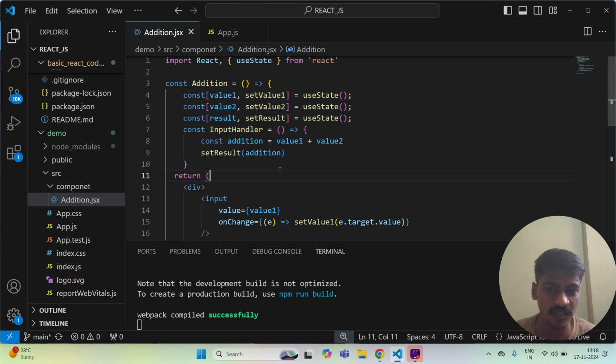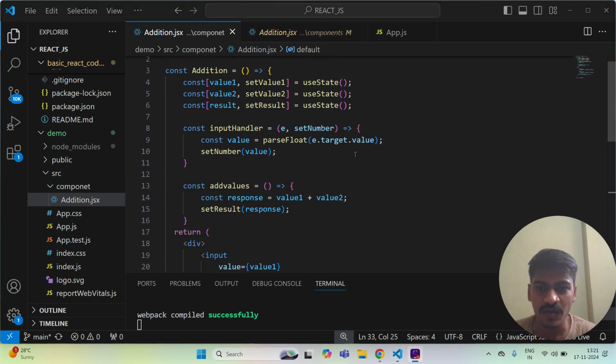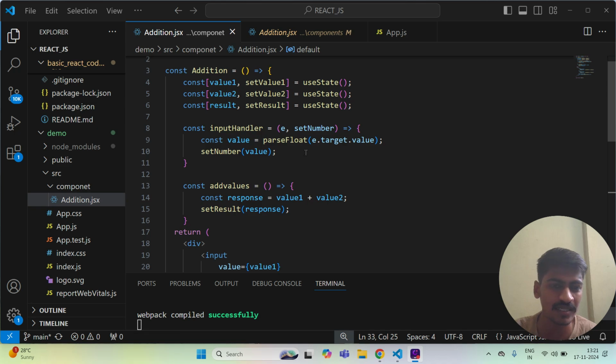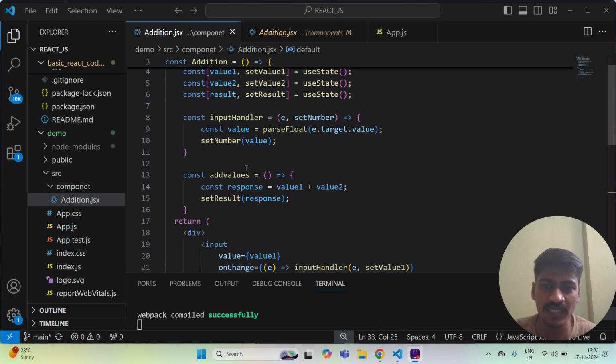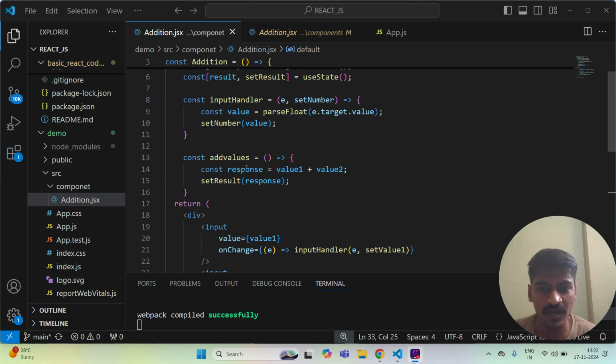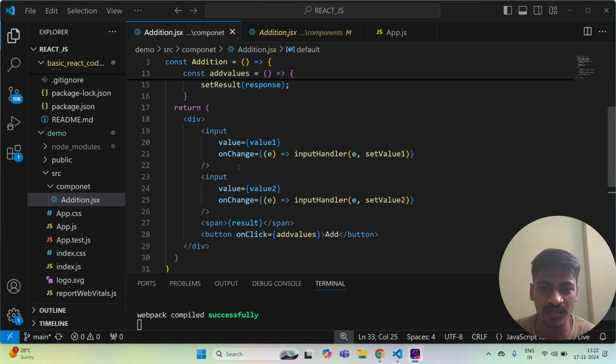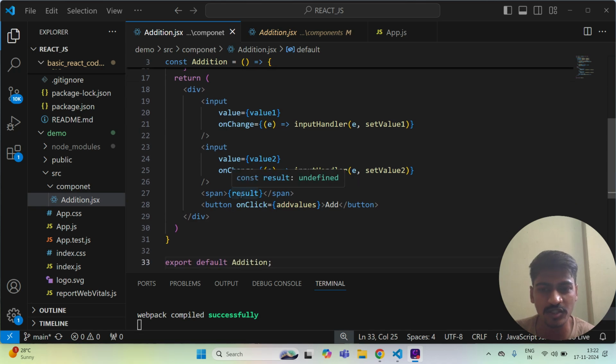So for this purpose I will show you the main solution where we exactly fixed that. Here guys, what I did is I passed this value as parseFloat, or we can pass it as parseInt, and set this value with the help of setNumber. Then we are passing that value as a number, and here the simple addition is there, setting the result to setResult, and under this we are showing that result, and on click we are calling that addition function.